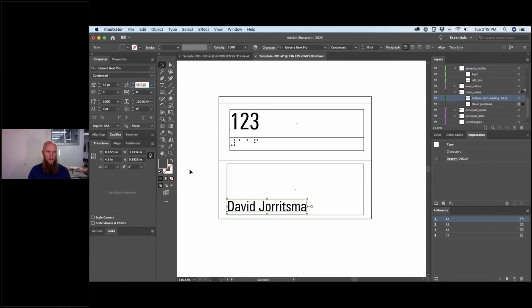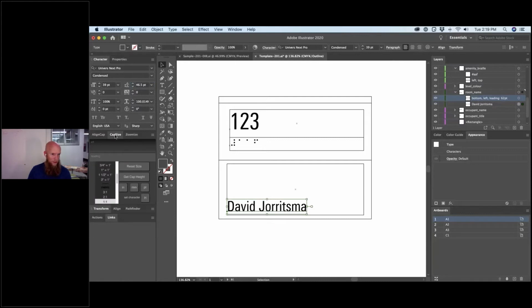46.5 point. And there's actually a really cool plugin here called Size Cap. If I do a get cap height, it shows me what my cap height is for the text that I've selected here, and then it shows me the leading for it as well. And you can do it in points, or you can do it in millimeters or inches, which is a neat thing when you're trying to look at the drawing packages and trying to make it match. But for now, we had this